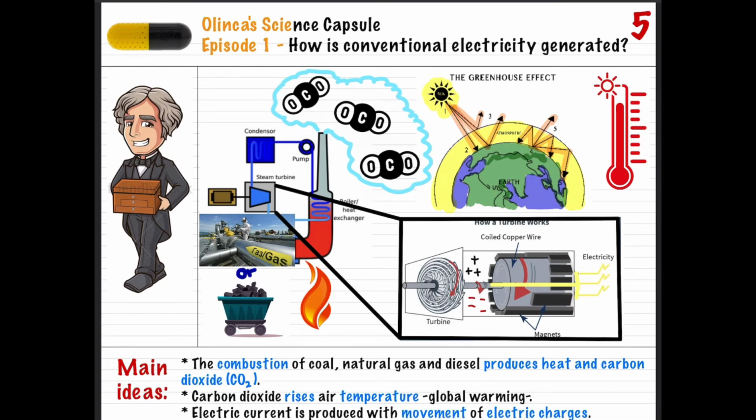And with their help, electric charges, which are represented by plus signs that mean positive and minus signs that represent negative, start moving, and they produce an electric current. The electric current is the yellow line here. And this electric current is within a coiled copper wire. The coiled copper wire means that there's a wire here that makes something like this, what I'm trying to draw with a laser. Okay. And then this electric current goes out of the turbine and of the generator, and goes